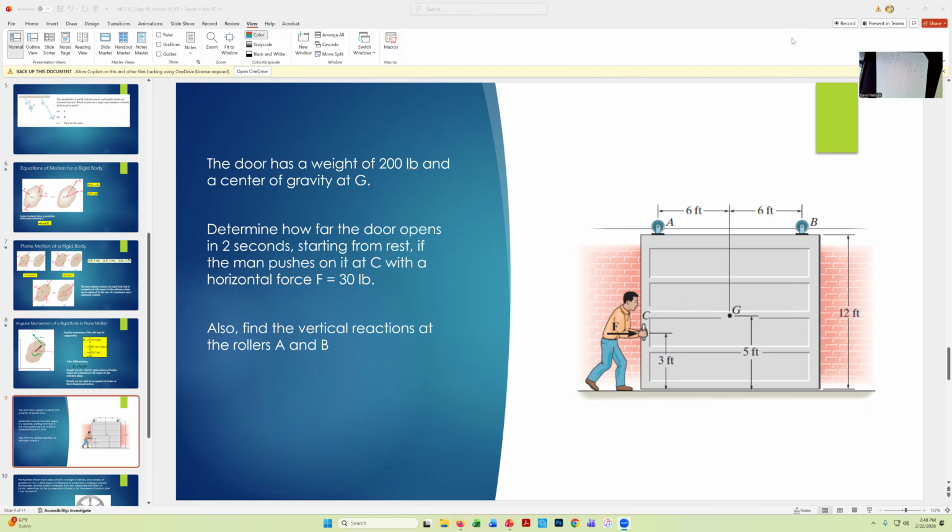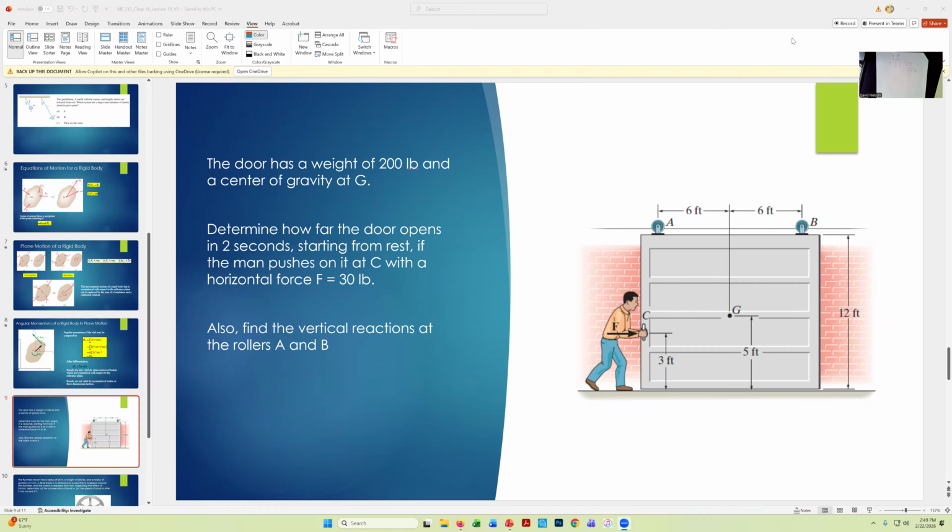Okay, so here's an example. Let's just look at the example. We have a door on a hinge, and the hinge slides forward. We assume there's no friction. We're given that the weight is 200 pounds, and we want to determine two things: how far the door goes